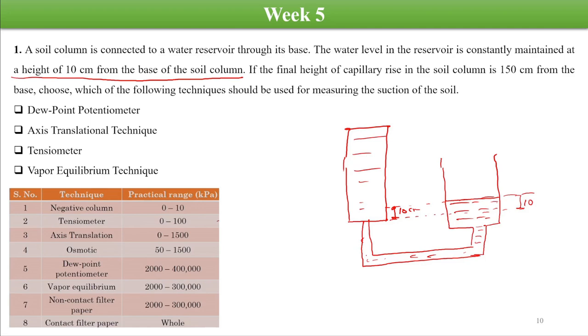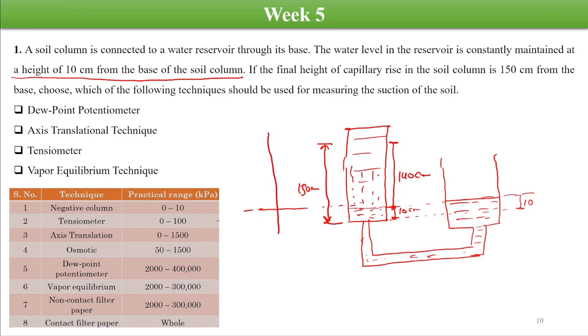So here this is a schematic diagram. Here, till this point the soil will be saturated because of the water pressure head. Okay, after this the soil will be saturated because of the capillary fringes which will be formed. So it is said that the capillary rise in the soil column is up to 150 centimeter from the bottom. So from here it is around 150 centimeter, right? So if at this point we say we have 140 centimeter height of the capillary rise of the water in the soil sample, so if we can draw the